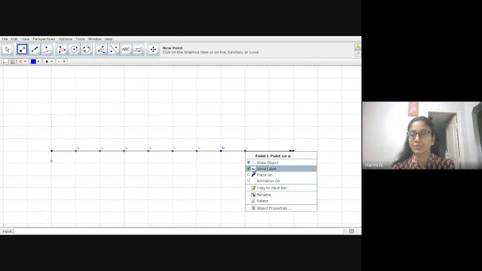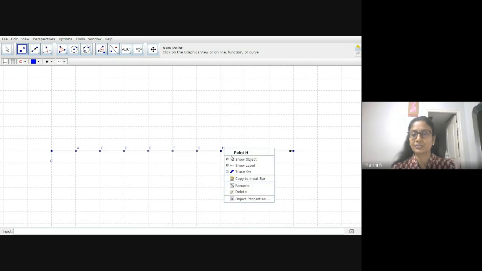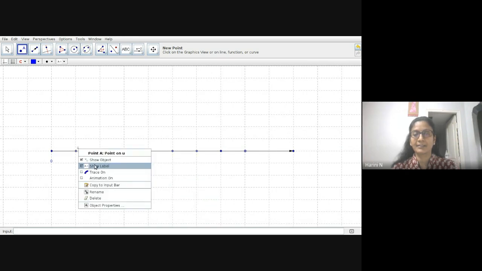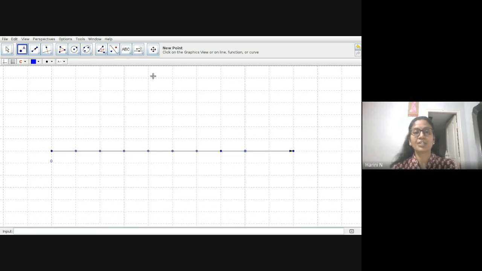Now we will remove all these labels because it's so confusing for us. We don't require those alphabets, so I'm removing them. Yes, that is done. Now you need to write what these points that you have marked are.